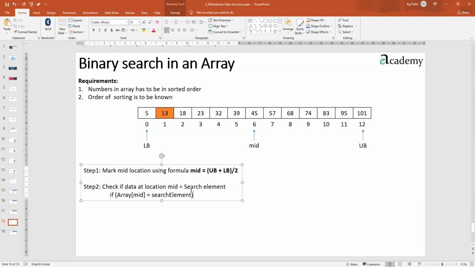If yes, see what do you think? If that is the number to be searched, don't you think we have found the number and we can just print that yes, number found at location mid. So if yes, here also we can say: if true, then print that number found at location mid.